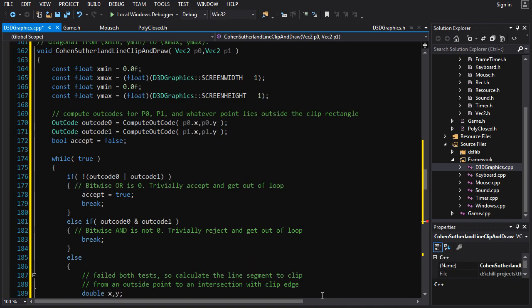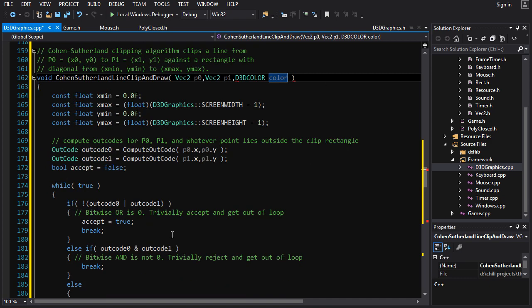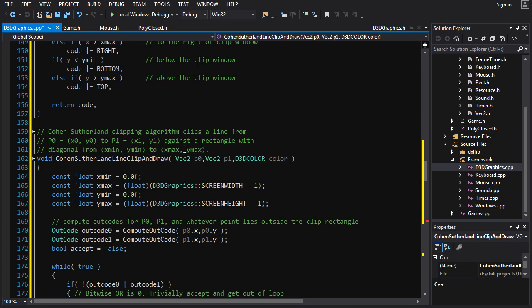We need, first of all, we need a color here. D3D color. I'll go down here. Color. How's that? Draw line is on it. Ah, okay. That's fine. I know what the problem is there. So now what we've got to do is, well, let's change the name of this. Draw line clip. And now